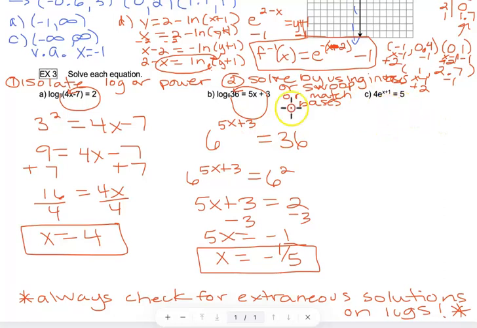All right, last one. This one I do have to do step 1 because this power is not isolated. It's got that multiplied 4 in front. So my first step needs to be to divide both sides by 4. So e to the x plus 1 equals 5/4. So here's where I run into an issue because I cannot write 5/4 as a power of e. So when you can't make the bases match,